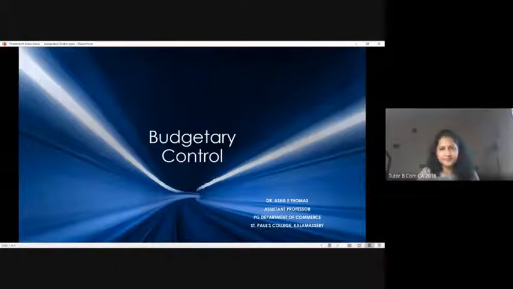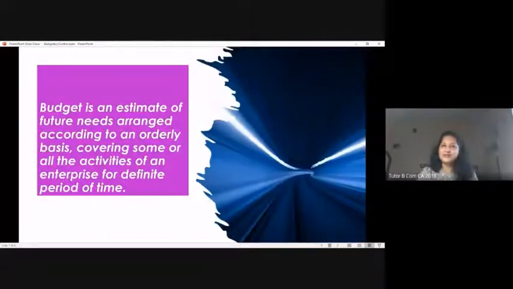So in this context, I'll just show you the definition. A budget is an estimate of future needs. Of course, from a company's perspective, I know that my company is going to produce 1,000 units, or I'm going to render the following services. And I know that these are the kind of expenses that might be incurred in future. So in order to have better control in my activities, I estimate my future needs, and then I arrange that on an orderly basis so that I can plan well in advance. So that is why we say that it is an estimate of future activities, prepared and arranged in